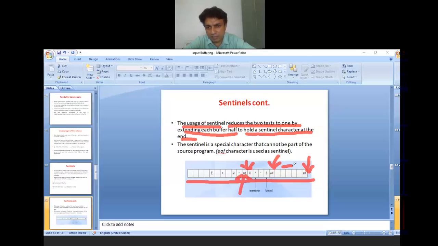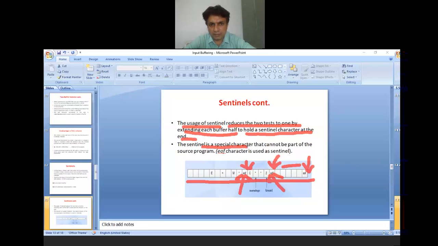Then 5 places are left blank, and we need to write the end of the buffer here in order to identify that our string ends here. That is why we use the sentinel method so much, because with the sentinel method it reduces our tests to one, and both the buffers are combined in only one buffer.